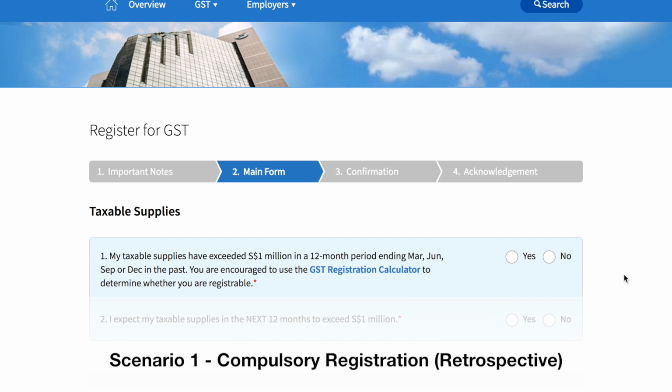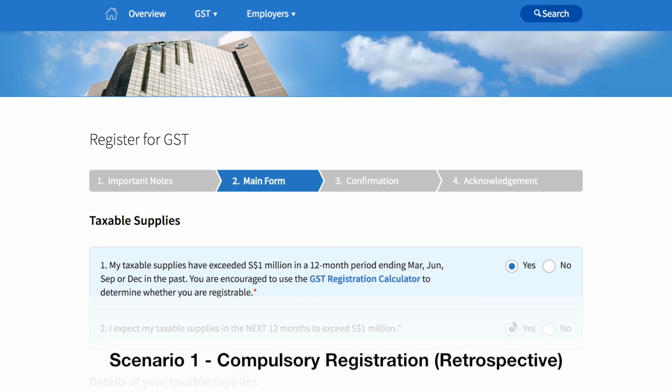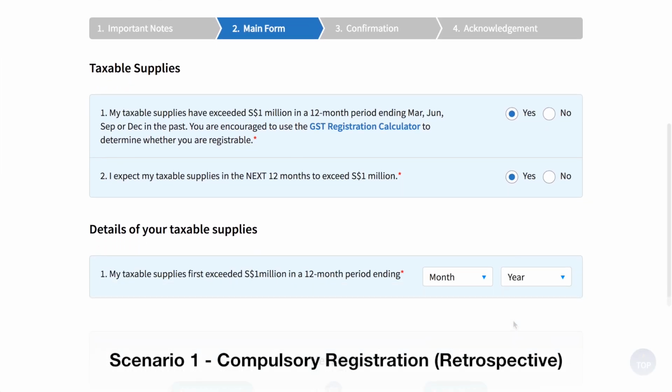For the first scenario, if your annual taxable supplies have exceeded 1 million in the past and you expect your taxable supplies in the next 12 months to exceed 1 million, you will be asked to indicate when your taxable supplies have first exceeded 1 million in the past 12-month period ending March, June, September, or December, or the next